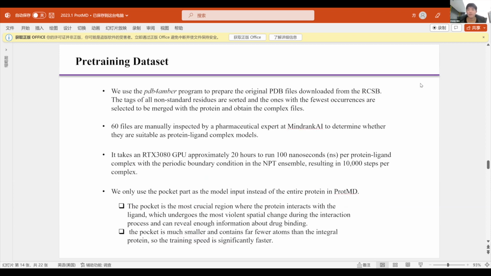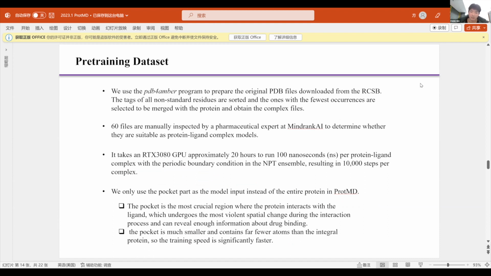So the above is the technical part, and let's go to the experimental part. First, let me introduce the pretraining dataset. Here we use the PDB for EMBO program to prepare the PDB files downloaded from the RCSB. And the 60 files are manually inspected by pharmaceutical experts at MindRank AI to determine whether they are suitable as